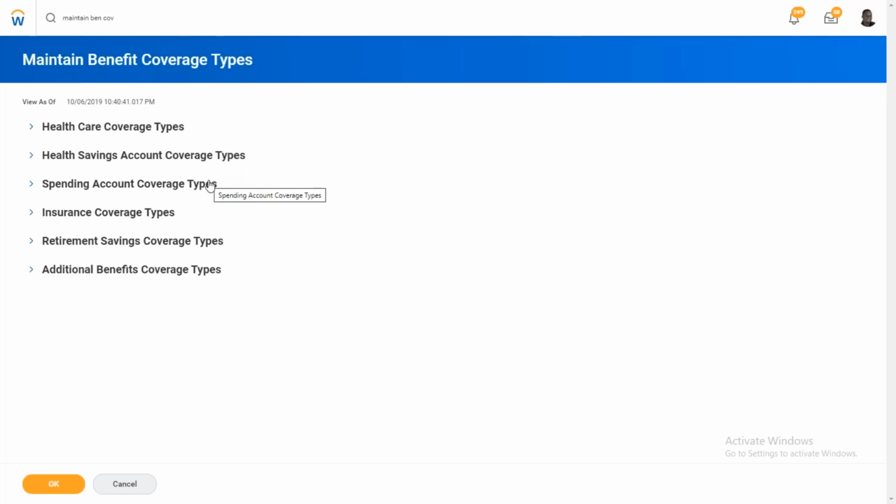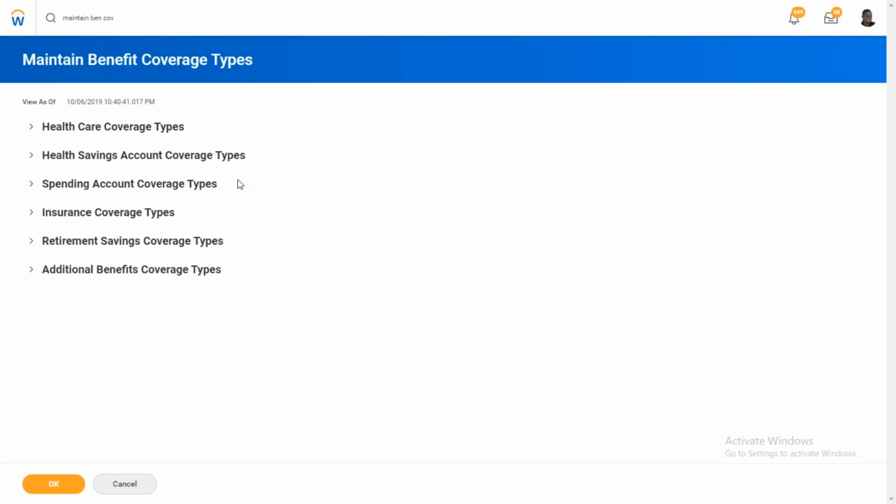We have flexible spending account. Okay, specific to USA, they have given these 2 types. If you are implementing Workday in USA, then these 2 plans might be mandatory. Coverage types are mandatory. Okay, for time being, just hold these two. I will explain in detail.